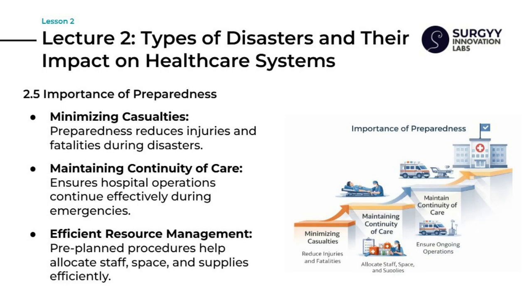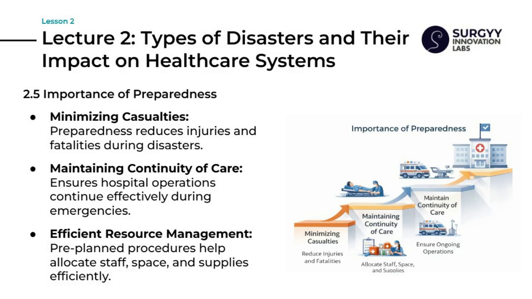Importance of preparedness is the final theme, highlighting that minimizing casualties is the primary goal of any emergency plan, as it directly reduces injuries and fatalities. Maintaining continuity of care is equally vital, ensuring that hospital operations continue effectively and that chronic patients are not neglected